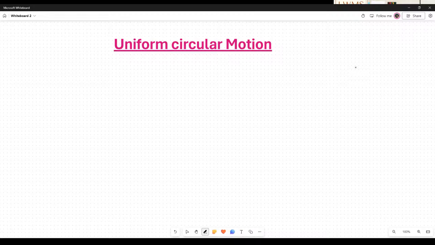We just start from the motion of a particle in a circle, not telling uniform circular motion or not. We need to understand